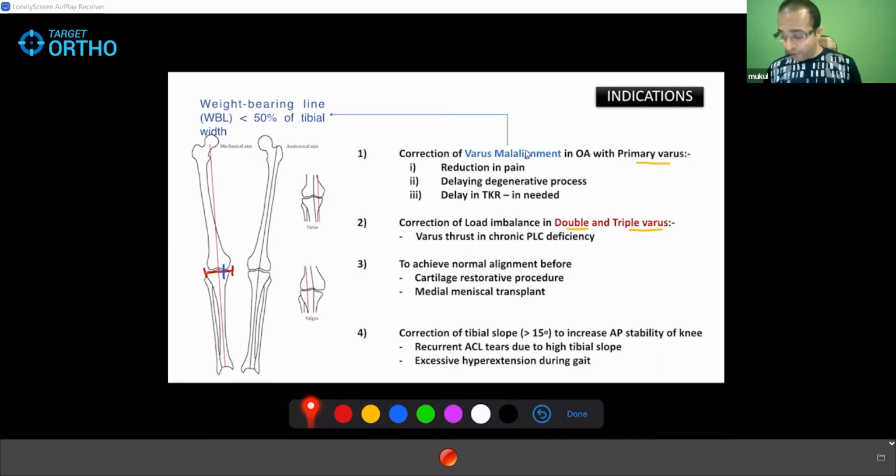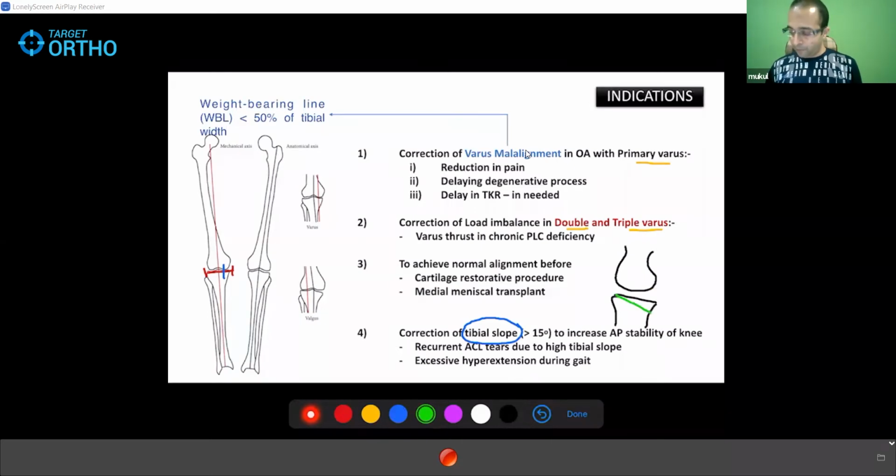And then of late, tibial slope can also be modified with this high tibial osteotomy. So of late, a high tibial slope has been associated with recurrent ACL injuries. Just understand. This is the femur and this is the tibia. So if this slope goes high, you can very well imagine that this femur will slip back on the tibia. So high slope will give a posterior push to the femur and tibia will go anteriorly and strain the ACL. So some people say that a higher slope ruptures the ACL.